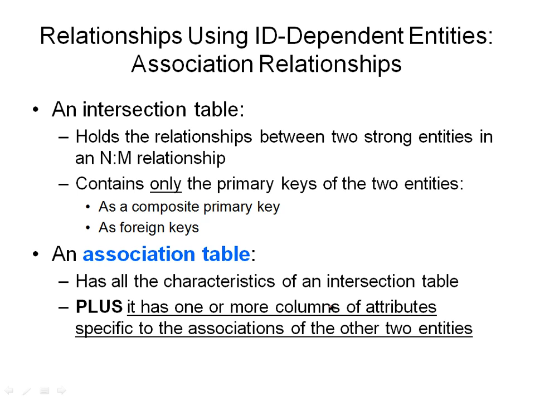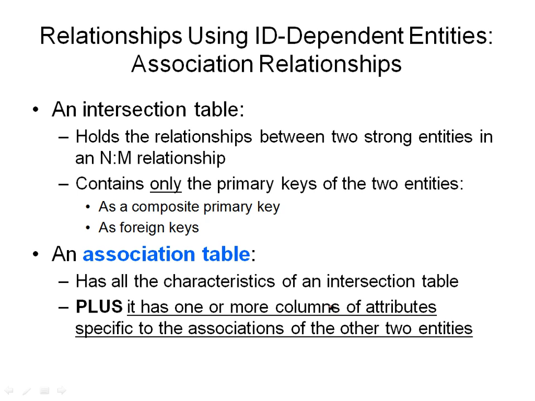So an intersection table holds the relationship between two strong entities in a many-to-many relationship. It will contain only the primary keys of the two entities as a composite primary key, as we said before, which were actually foreign keys coming from the main tables. The association table has all the characteristics of the intersection table. They are the same, but it adds one more column of attributes specific to the association of the other two